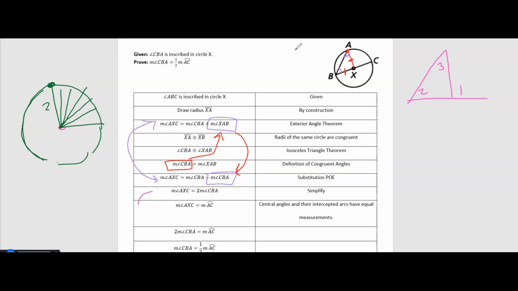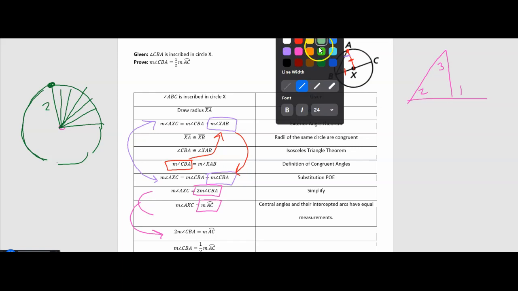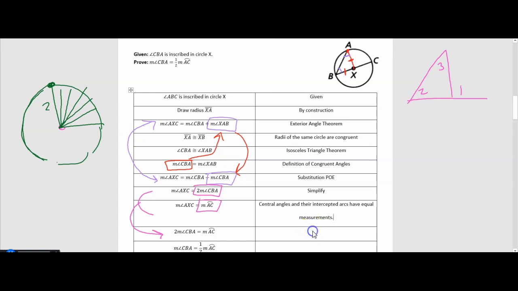Well, they took these two equations and created this third one. This one would actually be the transitive property, because both of these things that I'm boxing in pink are both equal to the measurement of angle AXC, so we can set them equal to each other. Best answer here is transitive property of equality. And if we divide both sides by 2, division property of equality,